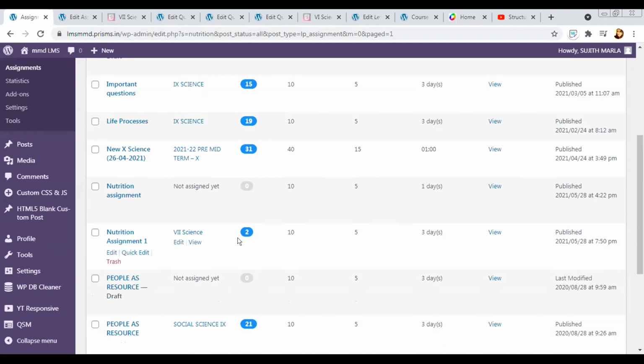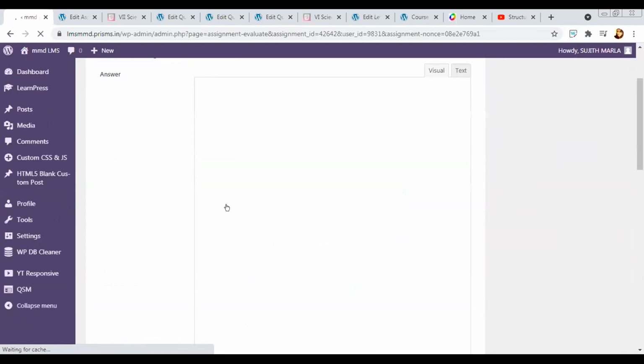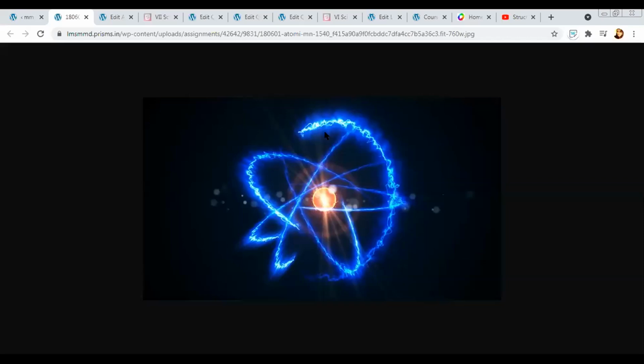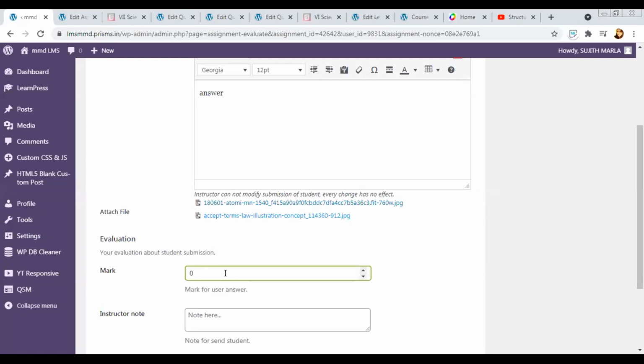I can see how many students have submitted, and I can simply click on view. And I can see all the students who have submitted till now. For evaluating that, I simply have to click on the actions tab. And in actions, I can see what they have submitted. I can open the images. Now these images again are opened in your browser itself. It's not stored on your devices. So it's very easy for the teacher to open and check what all the student has uploaded. Based on that, give them marks, give them remarks.